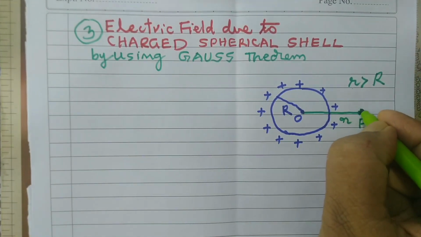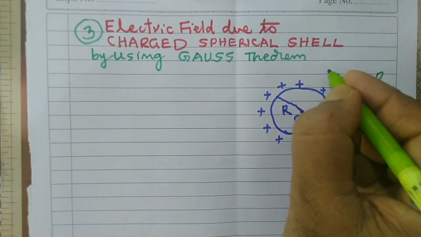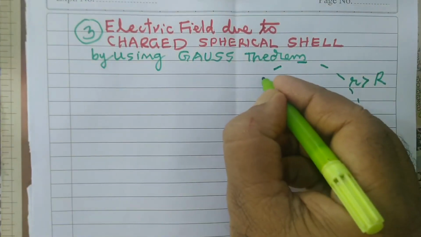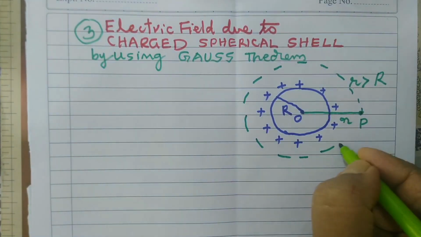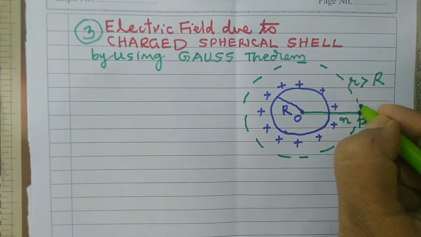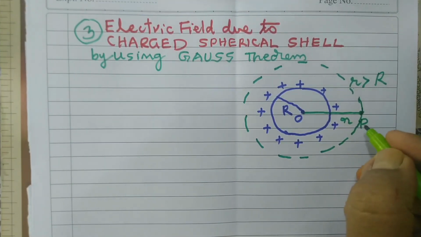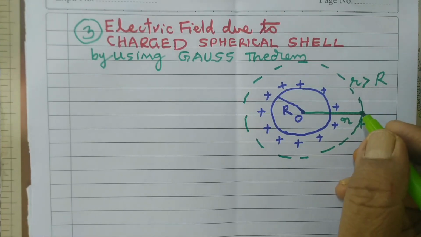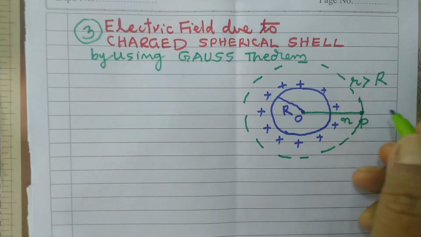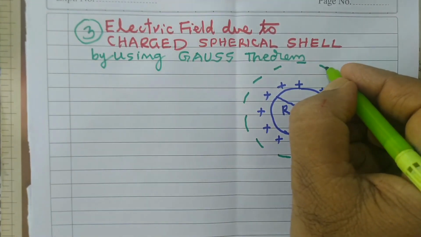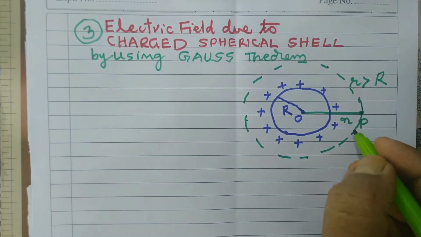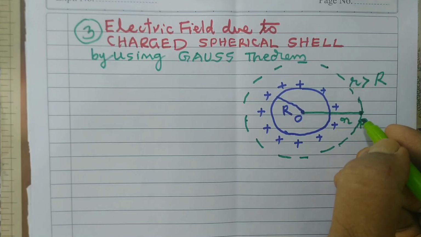Now let us consider the point where we would like to find the electric field. As we have seen in earlier cases, first we consider a Gaussian surface around it. This Gaussian surface will also be in the spherical form. I already told you that the Gaussian surface is the surface where, at each and every point, the electric field is the same. Whether you find the electric field here or here, anywhere it will be the same. However, conveniently I am taking a point over here.